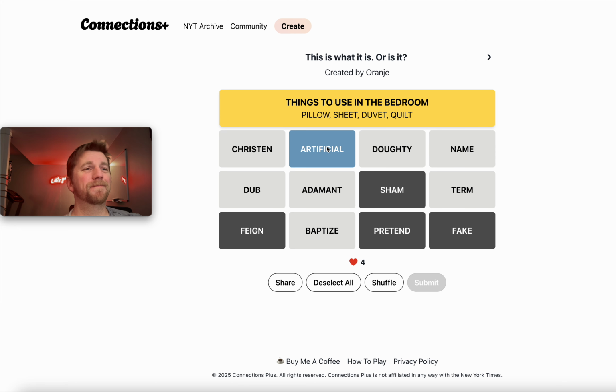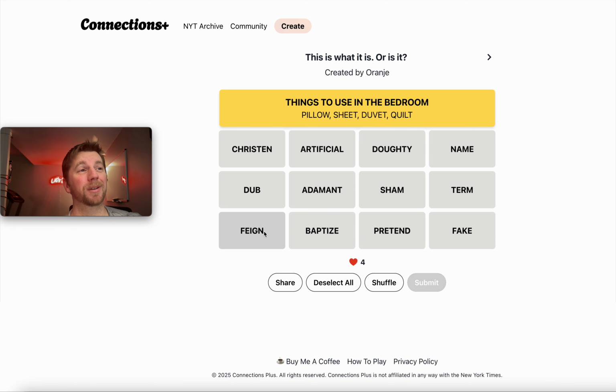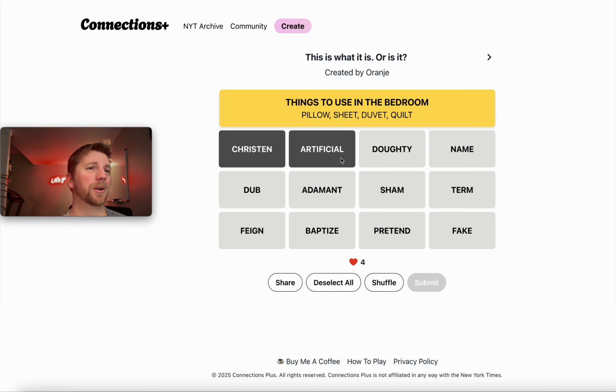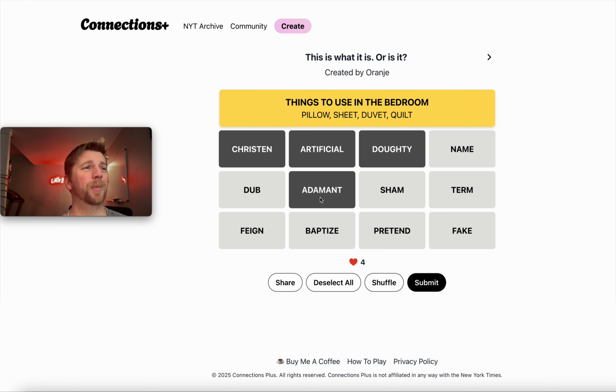What's going on, right? So at this point you almost have to figure out purple, because otherwise you're not going to get it. This is almost like a John puzzle. You have to get purple first. But for those of you who are well aware of, I guess I won't say famous YouTubers, but well-known YouTubers in our community, say, hey, christen starts with Chris, artificial starts with Art, dowdy starts with Doug, and adamant starts with Adam. Hey, what 4 better names could you have for a category of the most amazing, or some of the most amazing YouTube creators of this genre?